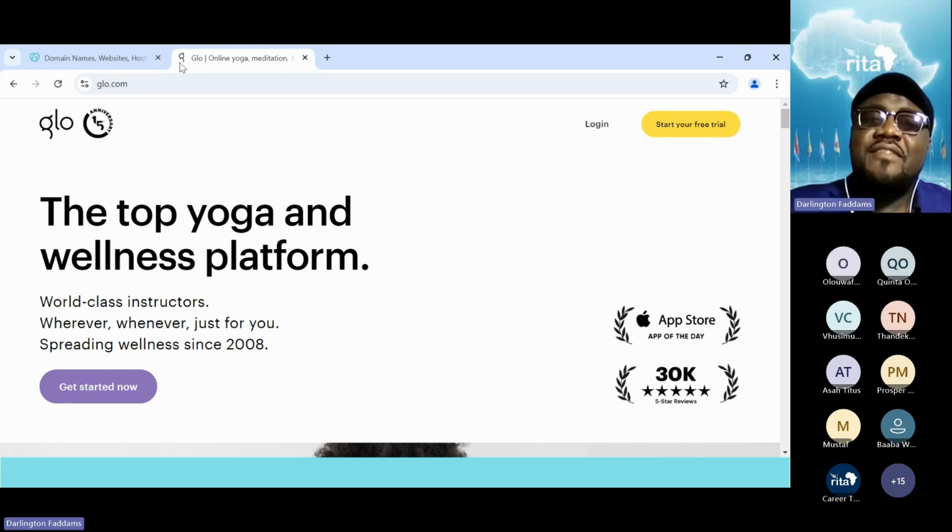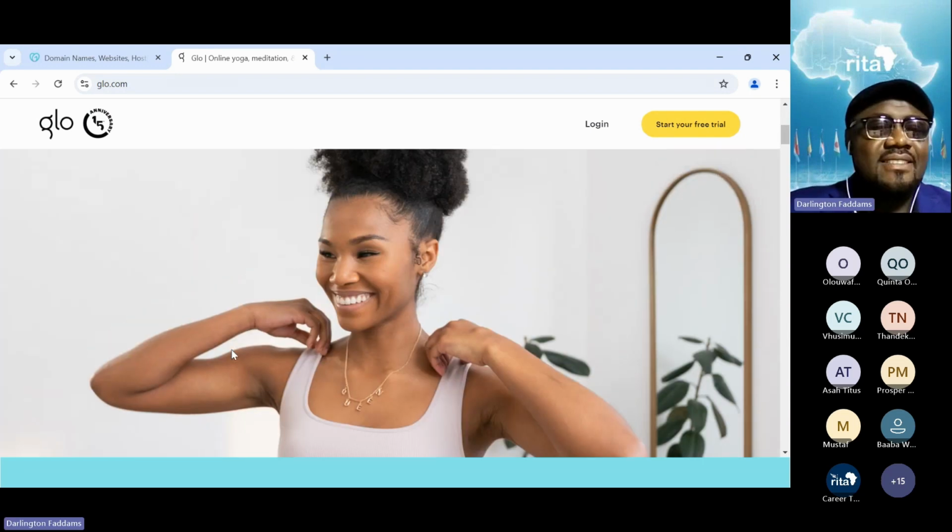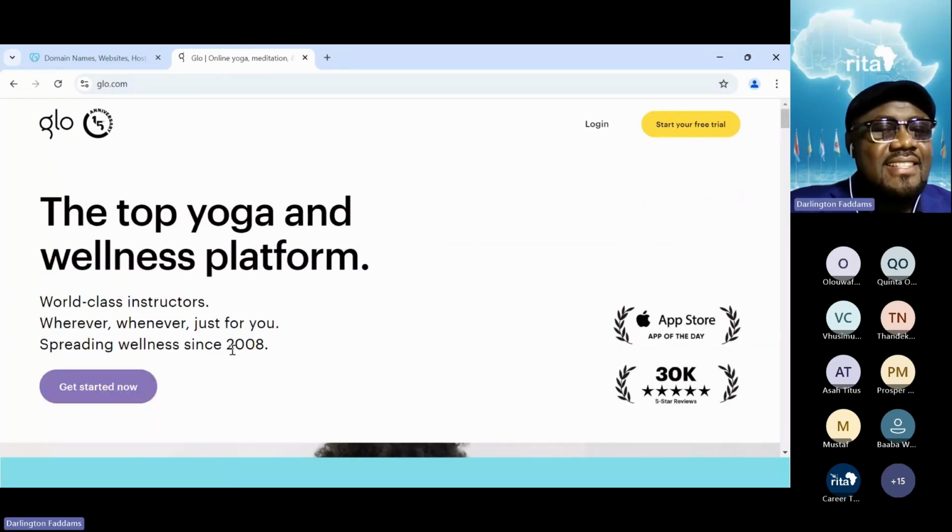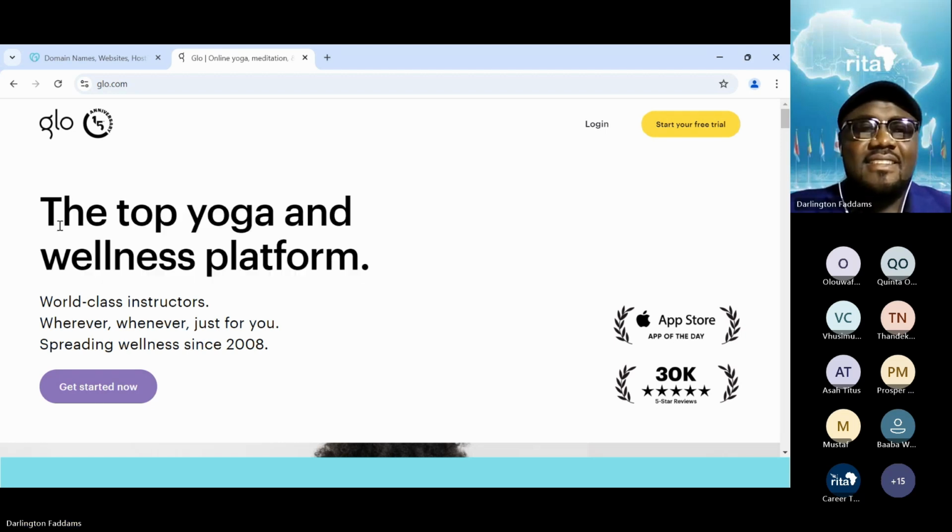But when you visit Glow.com, look at what you are seeing here. I'm seeing the top yoga and wellness platform. Wait a minute. I thought I was going to see telecommunication and fiber broadband services, airtime and bundle services and things.